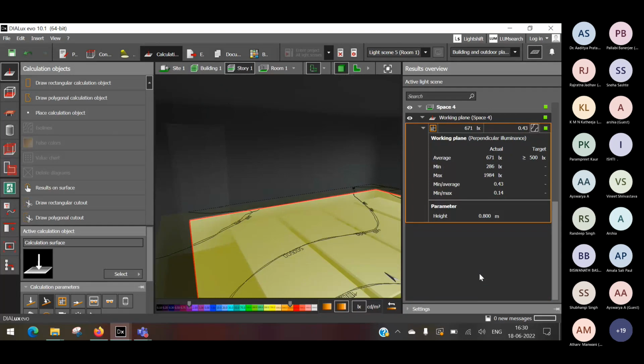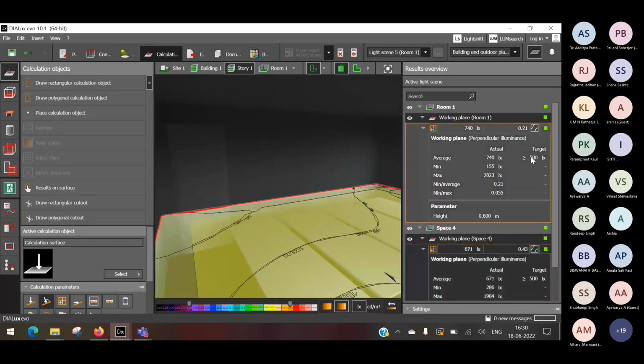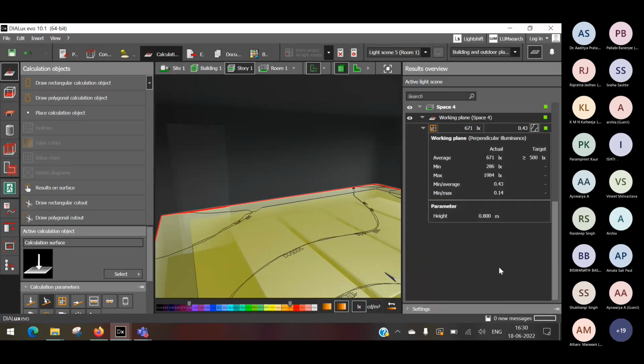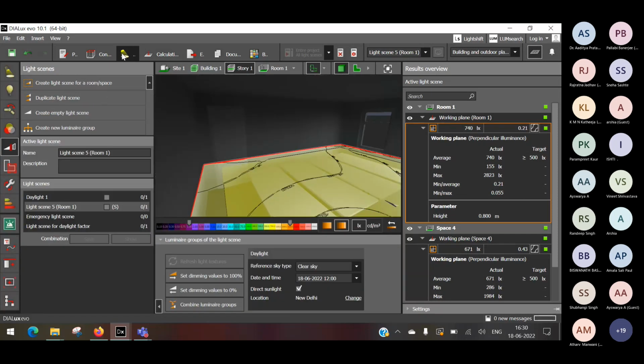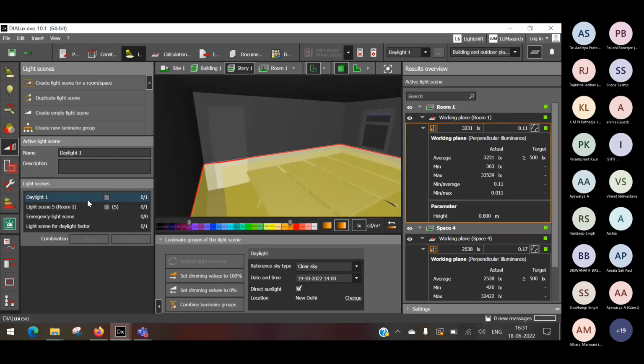So it is showing that it is over the target illuminance of 500 lux. The minimum, maximum, minima by maxima ratio is not so good. Maximum is 2823, minimum is 155 lux. So it is not that great of an output. But what it doesn't show is how much the daylight factor is. So what we do is I will go back to this calculation scene and I will